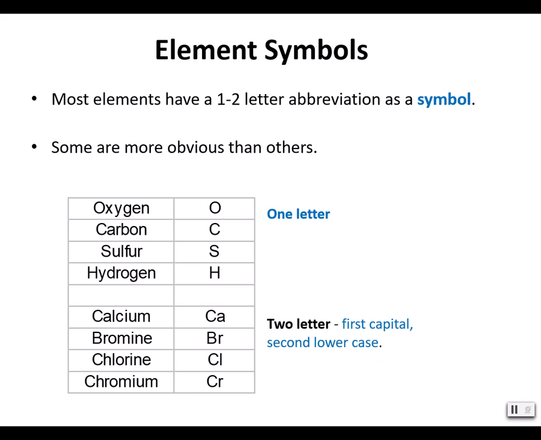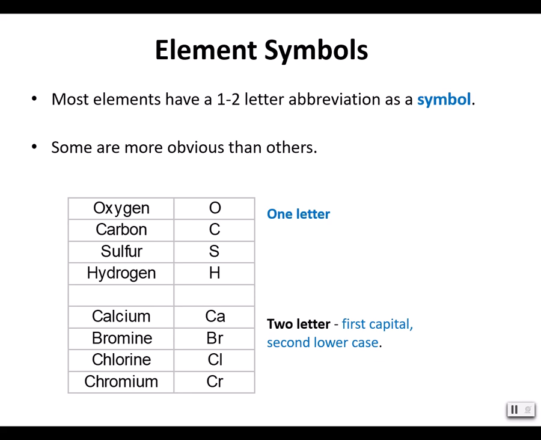Let's focus for a moment on the symbols associated with an element. So on the periodic table, each element has a 1 or 2 letter abbreviation as a symbol. It also has a corresponding name. Now, looking at the periodic table,